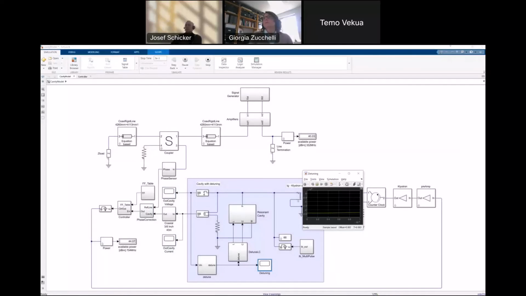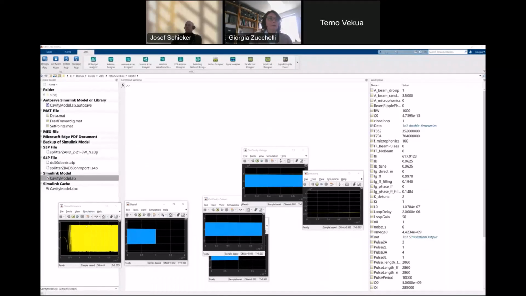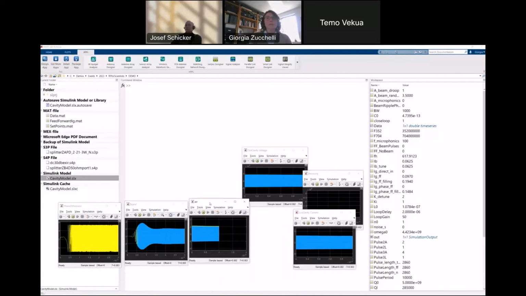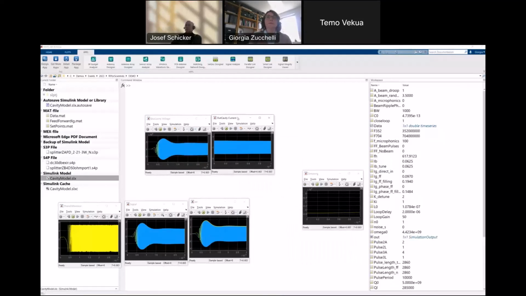Good. So let me put this one down. Like I was saying before, we have quite a few scopes. This is the phase difference between the reference line and the output of the cavity. This is our error signal. This is the control signal. You see the timing response of the cavity in terms of voltage and current, which of course are related, so this is not surprising. You also see the effects of detuning, and how the detune plays. This is the detune offset, the delta we saw before, that controls our values of inductor and capacitor.